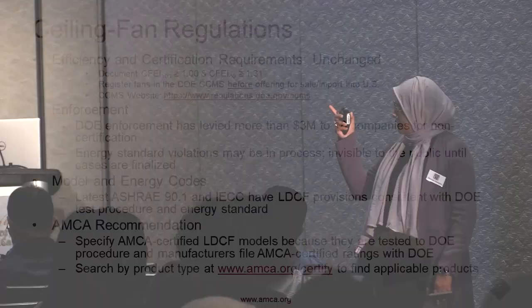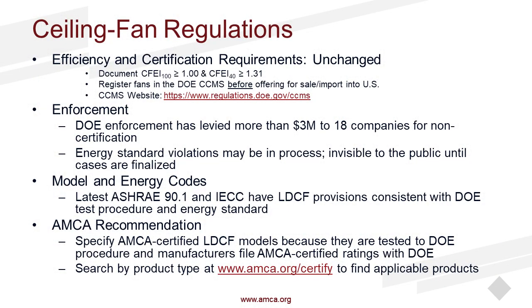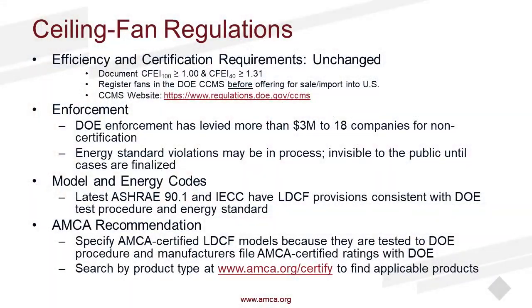And the enforcement part, right? So if you do not publish and you sell your product in USA, look at the bill, how much they did. I believe last 6 months or so, 3 million of 18 companies have to pay that amount. Information is quite big. Energy standard violation may be in process, and then though the test procedure is finalized and standard is not